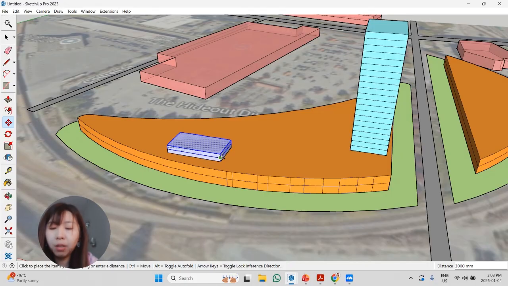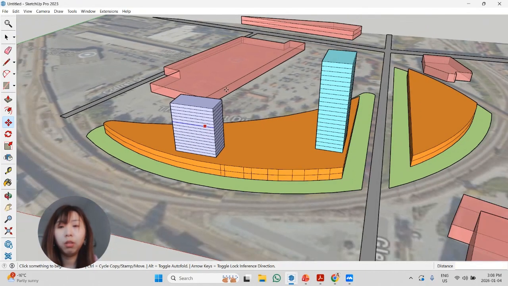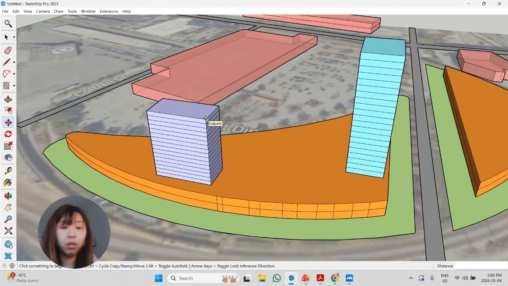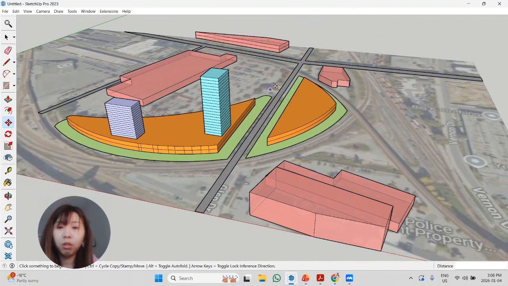multiple times. With this one, we are going to 15 floor multi-family building. Okay,